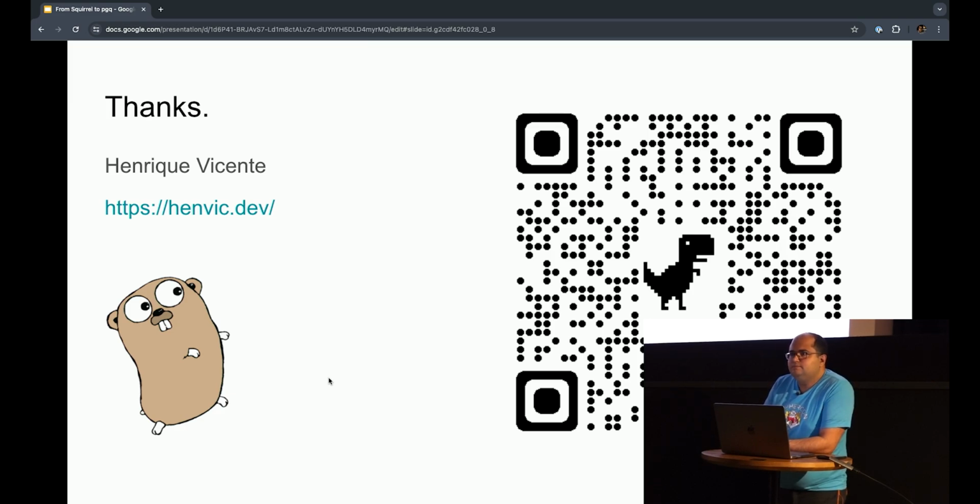Yes? Do you have a temptation to upstream some of your fixes to the original project? Well, no, for two reasons. First, if you go to the Squirrel repository, you see that they are in a feature complete phase. And I would say it might be a little bit risky to just send it upstream, for example, because of the performance idea. I don't think it's worth the risk to send it upstream.